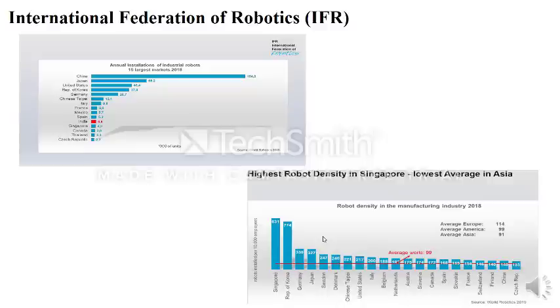International Federation of Robotics data. So annual installation of industrial robots, this is the data of 15 largest markets in 2018. See China. China is a huge player. They install a lot of robots for mass production. Next to China is Japan. Then next to that is United States and Korea, Germany,